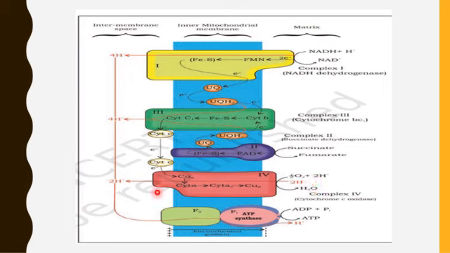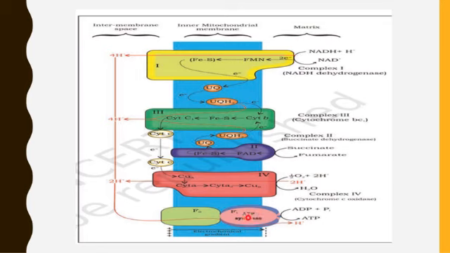Now, the proton ions are going to increase in the intermembrane space as compared to the matrix. So the concentration of protons in the intermembrane space is increased, which causes the gradient, meaning the difference in concentration. To maintain the equilibrium, these protons have to shift back to the matrix. But for coming back from the intermembrane space to the matrix, the route is only through complex 5,